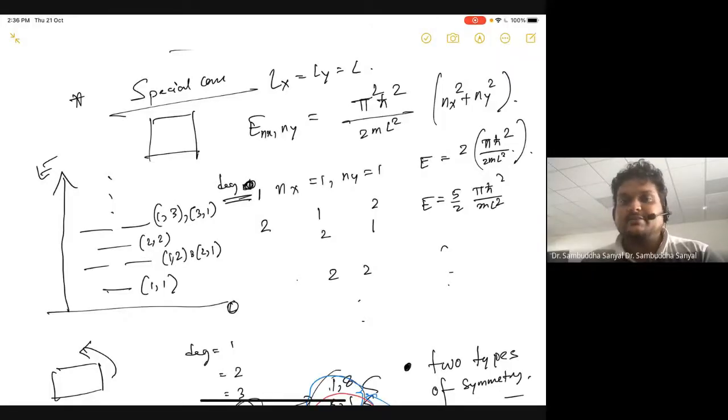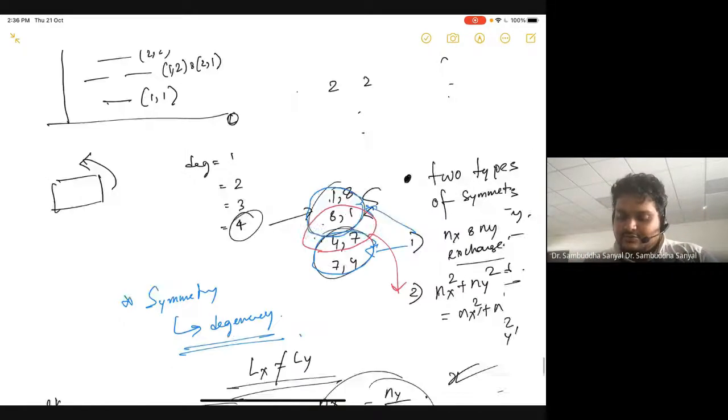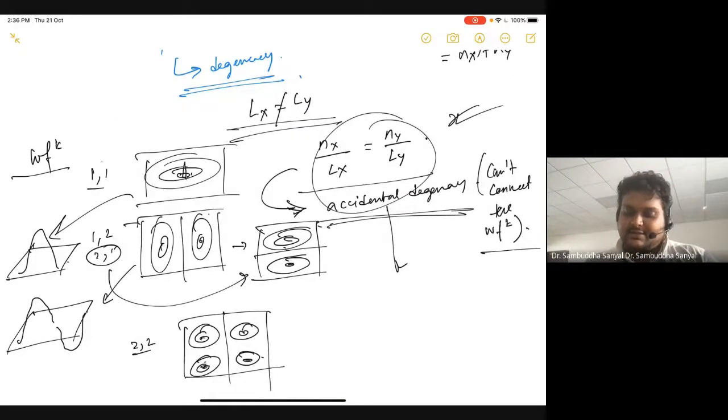and that is associated with the geometrical property of the square well. It tells you that if you flip the square like this, it's still the same thing. And I asked you to plot these wave functions, which are like these contour plots, which I hope you have done. If you do the plots, you will see the partners, the switch partners, nm and mn, nx ny or ny nx, whatever you call it. They are connected by a geometric transformation. If you plot them, you will see that they are connected.